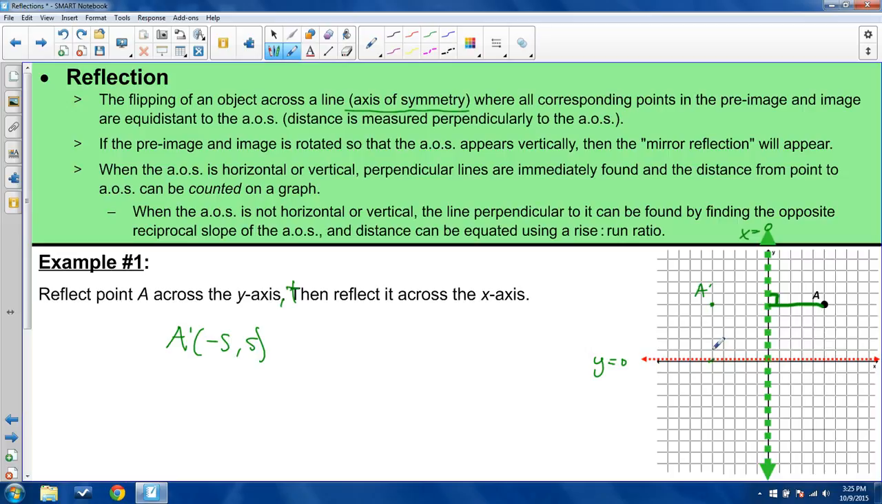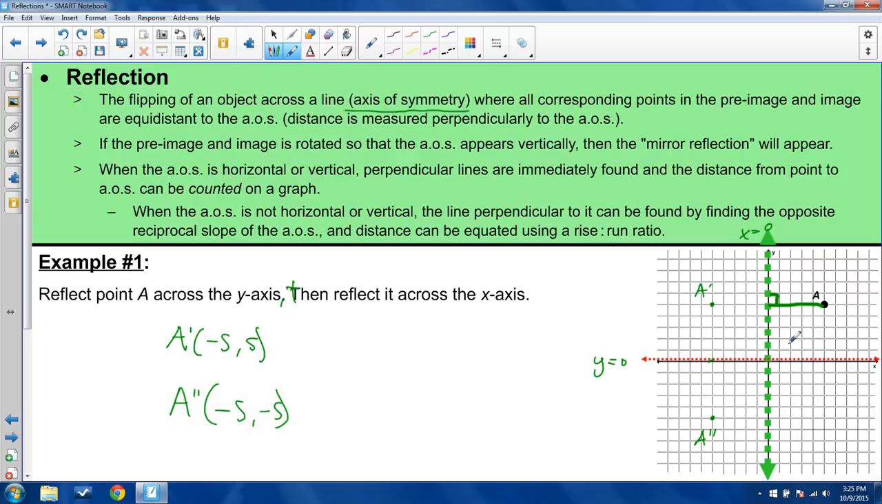it is crossing through into mirror world, I go 5 down one more time, and I will find my next point. I'm going to call this one A double prime, so it has a new name. And that's going to be my final answer at -5, -5, because that satisfies all that was asked for me to do. So this is the reflection across the y-axis, then across the x-axis, and this is just for one